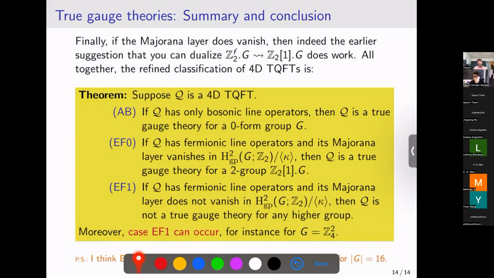So I'm confused about the final symmetry group that we obtain. If we have a one-form symmetry and a zero-form symmetry and nothing else, but they do not combine to form a two-group symmetry, what else is there? Right. So what I'm saying is that you